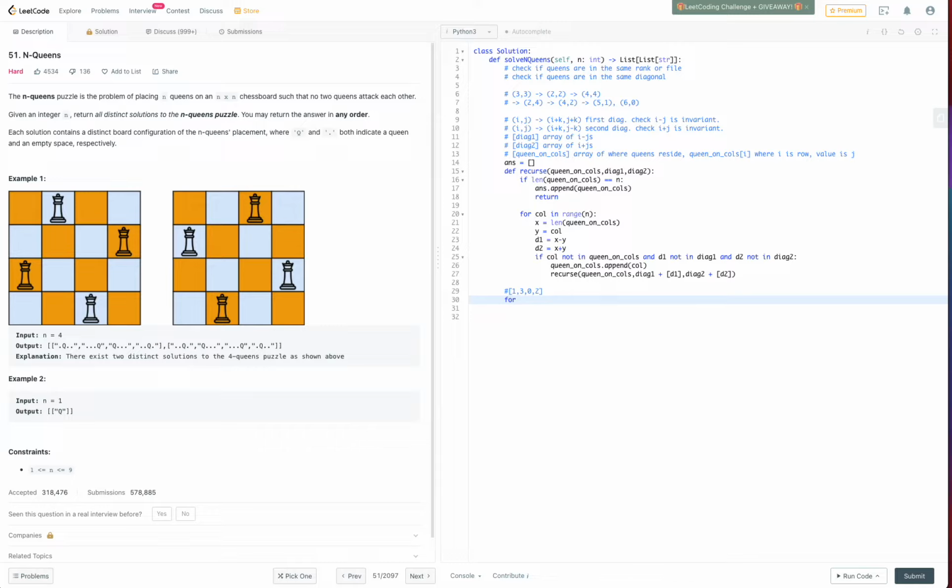For solution in answer, I probably want to do for row in solution, then answer in string,